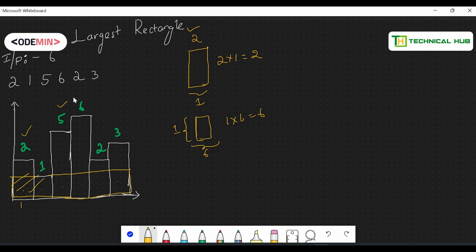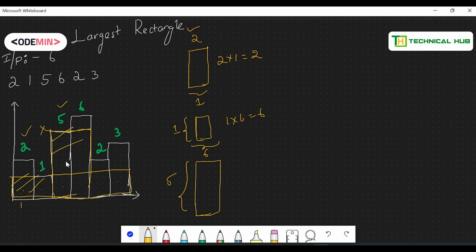What if you take 5? Now let us compute with 5. What if I choose this histogram which has a height of 5? First I'll try to extend 5 towards its left. That is not possible, because if I try to extend this histogram towards its left, I have a smaller value, so I can't extend. Can I extend towards its right? Yes, it is possible up till 6. After 6 I have 2, which is less than 5, so I can't extend height 5 towards its right after 6. So this is the rectangle I can create if I choose to create one with 5.